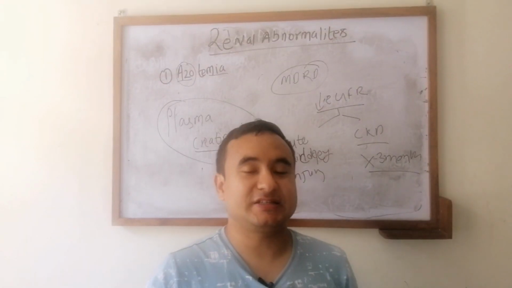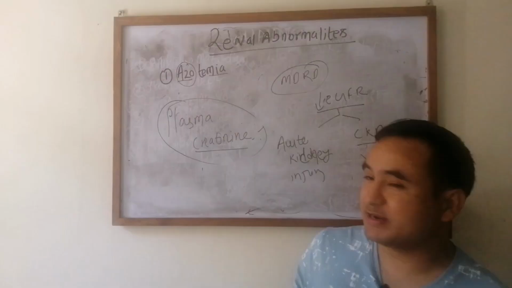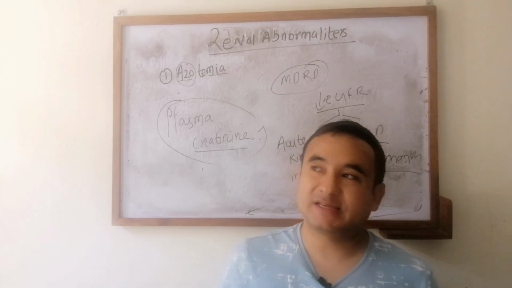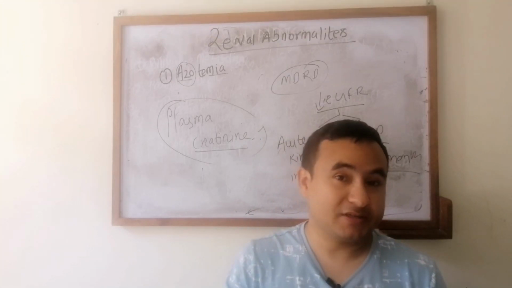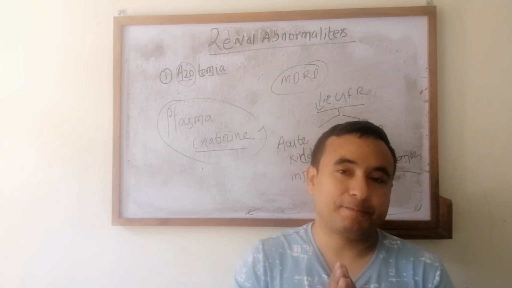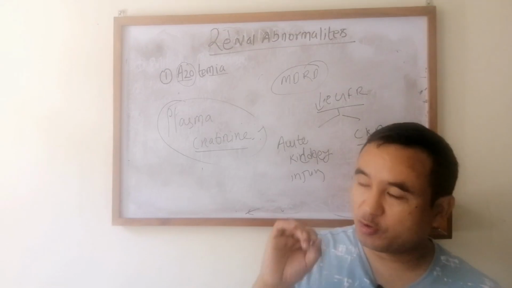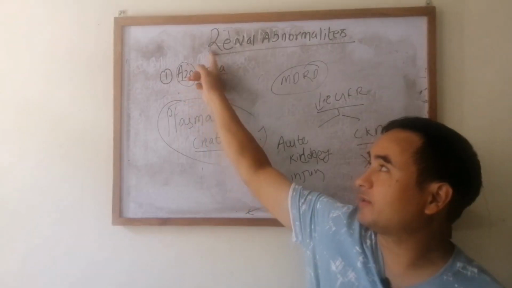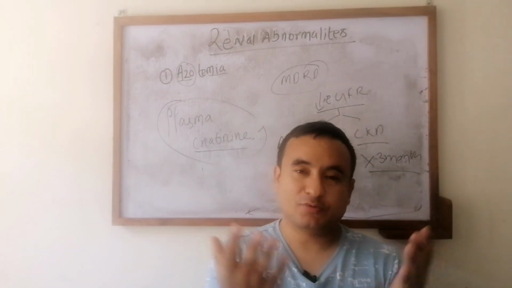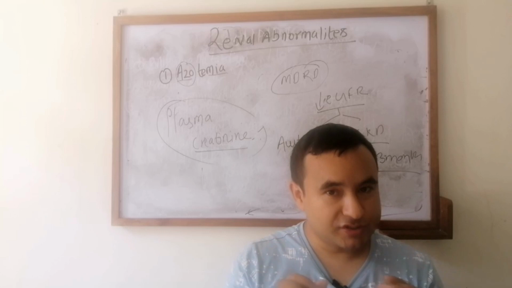So let us revise it again. Kidney functions can be analyzed by 3 things. One is the EGFR. Second is the urinary sediments, that we will discuss later on. Third one is the urine volume. Today we have only discussed the glomerular filtration rate. For that we need to understand azotemia. Azotemia is the condition where there is an increased level of nitrogenous waste in the circulation.